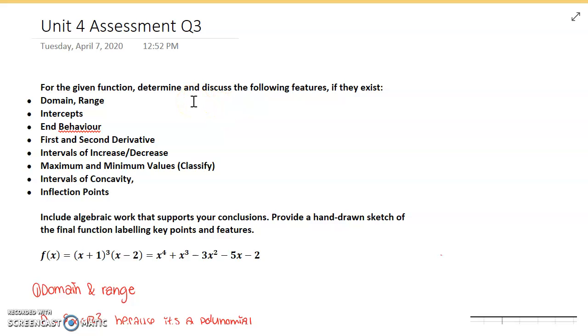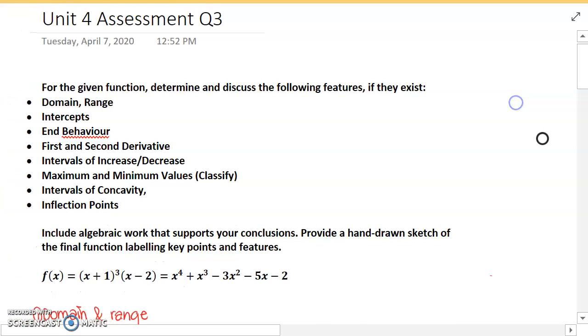Hi, so now to continue, I'm going to be answering question 3 for the Unit 4 assessment. My question for question 3 was, for the given function, determine and discuss the following features if they exist: domain and range, intercepts, and behavior, first and second derivative, intervals of increase and decrease, maximum and minimum values, intervals